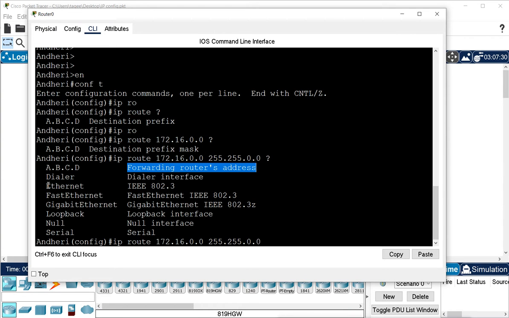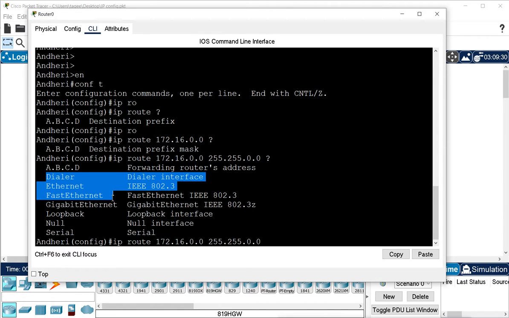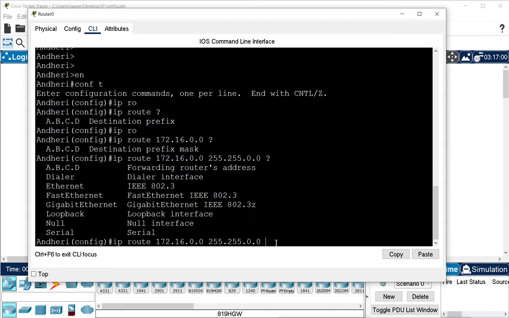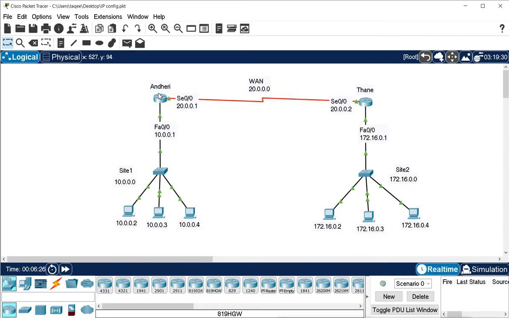You can give the outgoing interface name of our own router. That means we can mention the interface name, either serial, gigabit ethernet, or fast ethernet, and say that this is our outgoing interface for this network. For example, we are configuring this router Andheri.